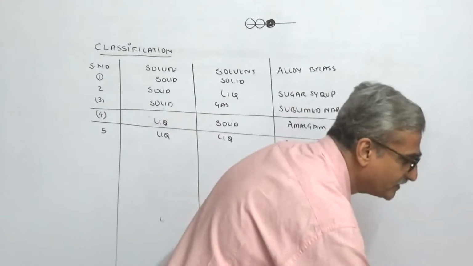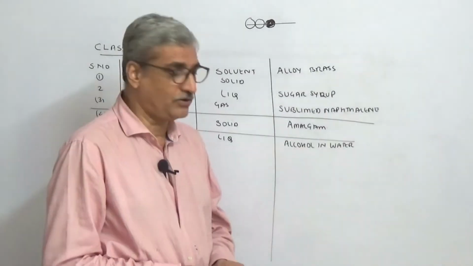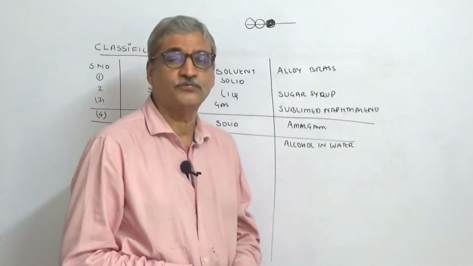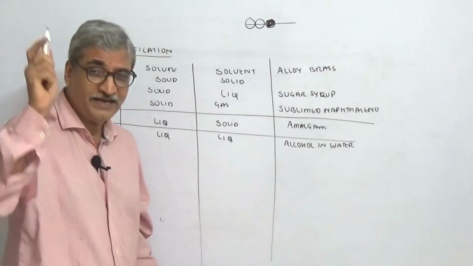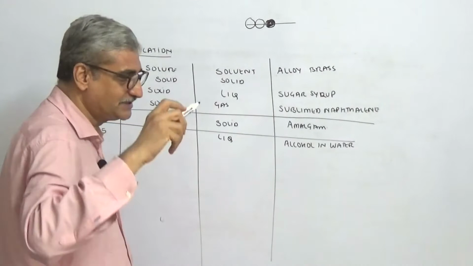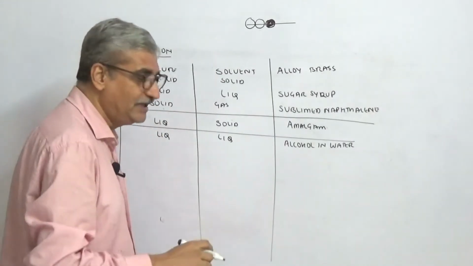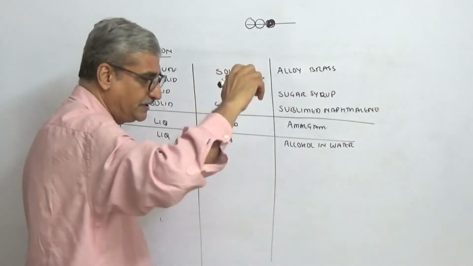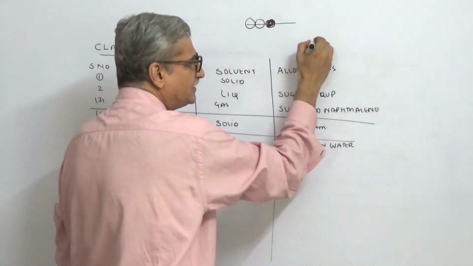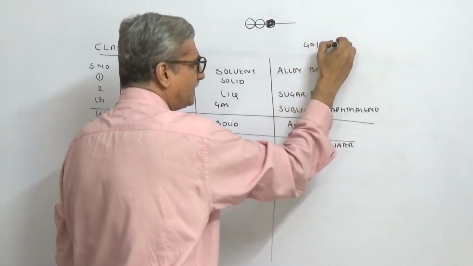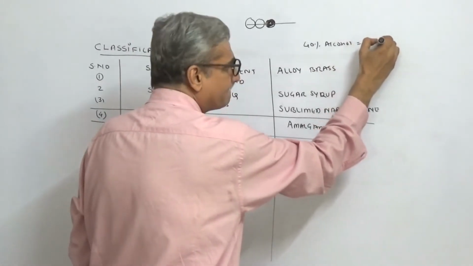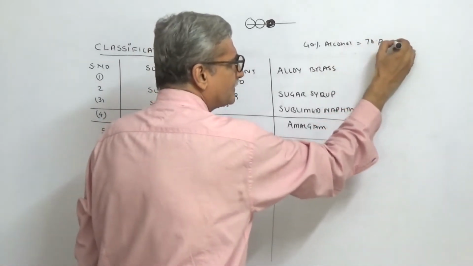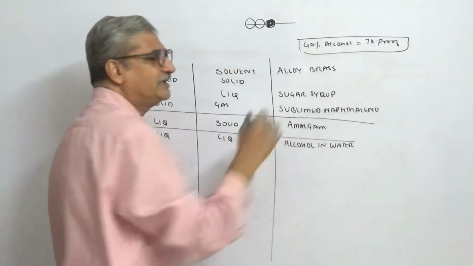We can always find out here. Alcohol is 70 proof. 70 proof. Is this clear? So remember this, because once they asked this question in some NEET exam, or the old PMT. So you remember just this calculation: 40% alcohol is 70 proof. So you can basically work out everything with respect to that.